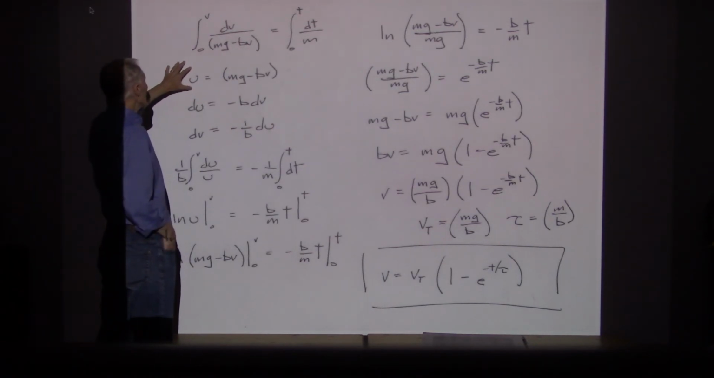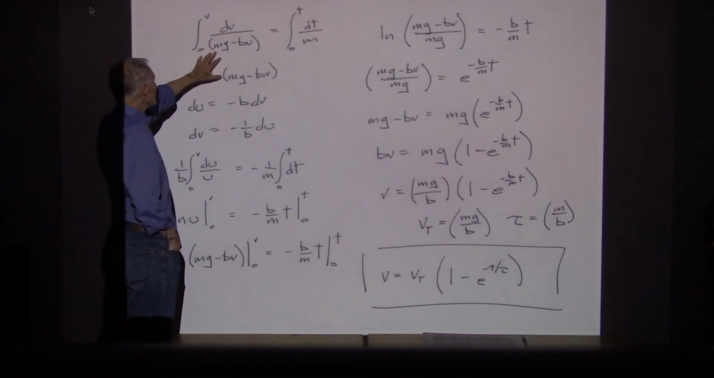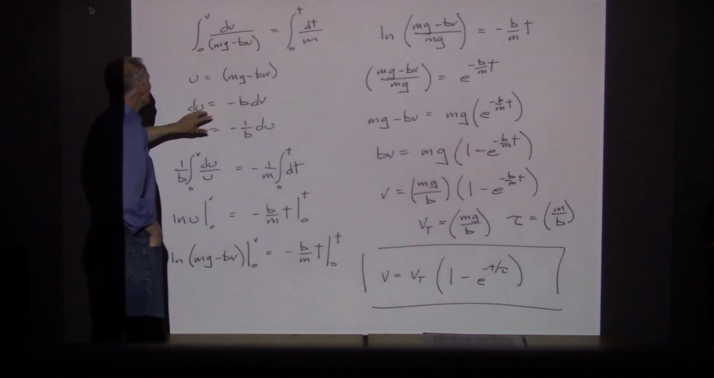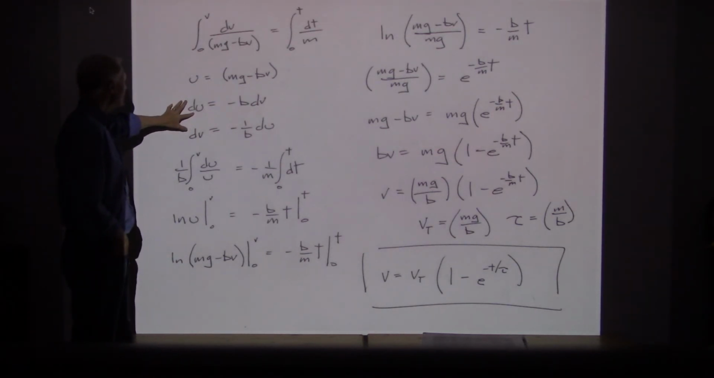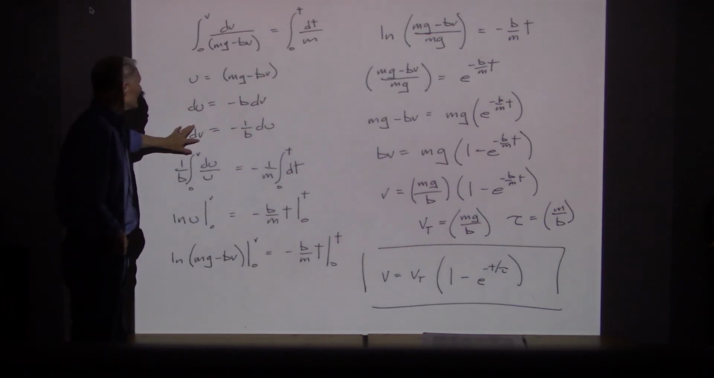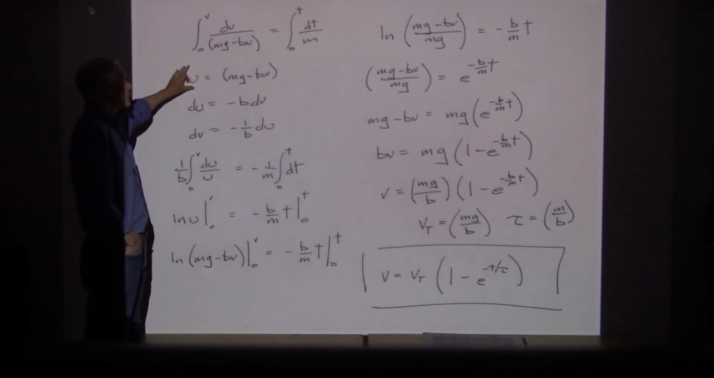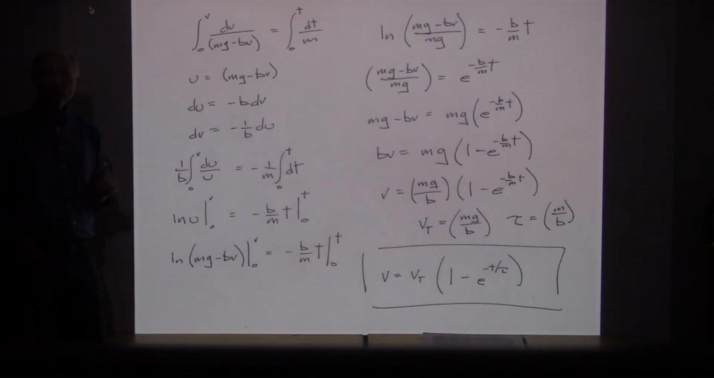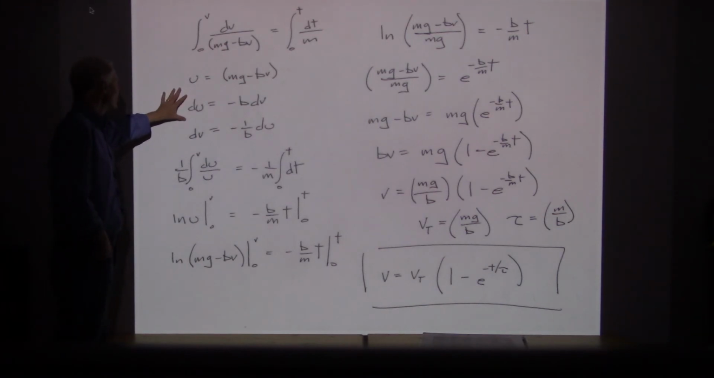I was able to do a substitution into that integral of mg minus bv, and then write down what du would be equal to, and then write down dv in terms of du. So this is a variable substitution, kind of a standard technique in integration. It might be second semester calculus rather than first semester. So in any case,